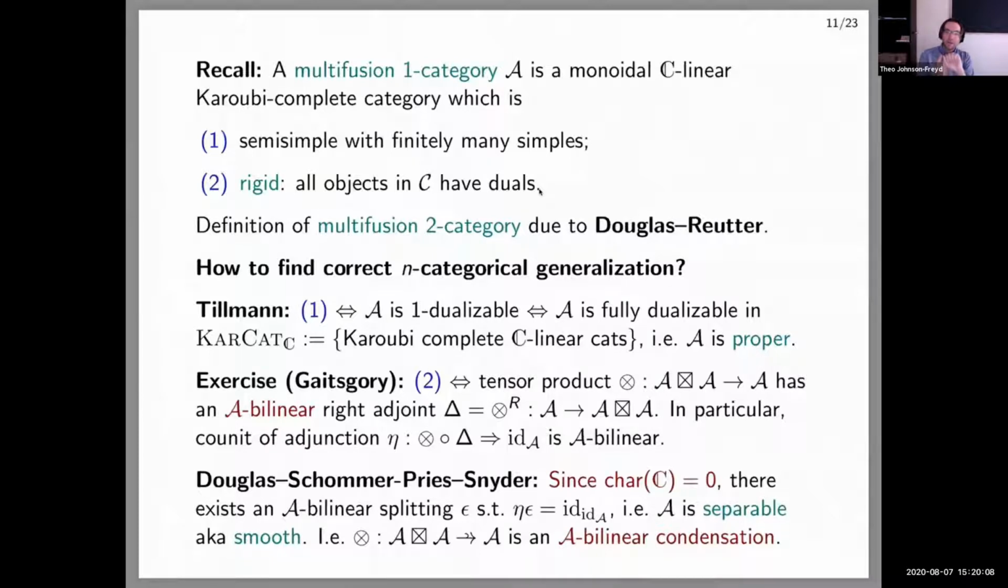So now I want to tell you a generalization of these two axioms to higher categories. To do that, I need to rewrite them slightly, in a way that doesn't reference so much the fact that I'm in a 1-category. The first rewriting uses by now old results of Ulrike Tillmann from her paper on Chern-Simons theory. So what she shows is that